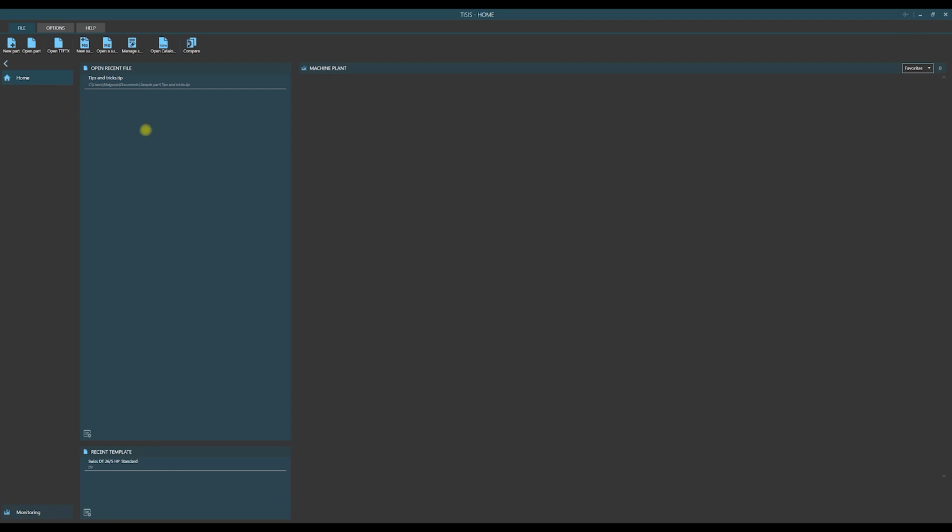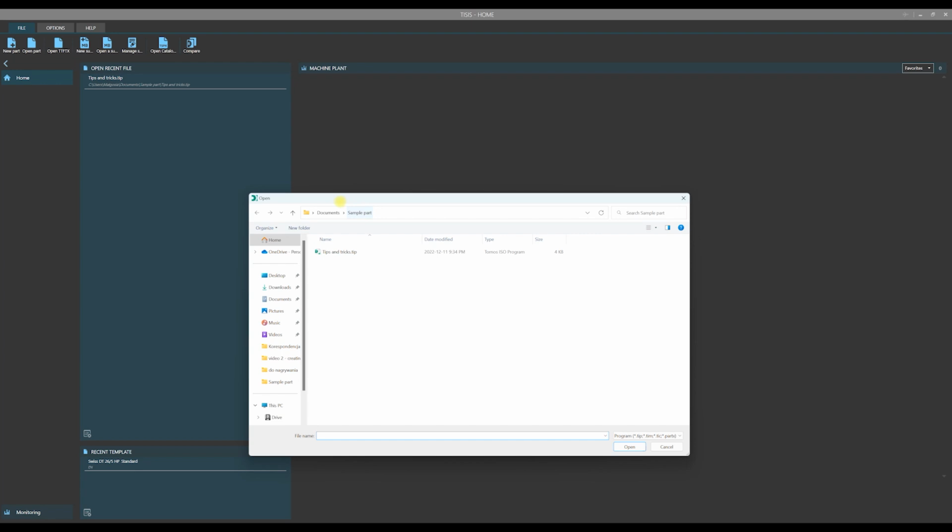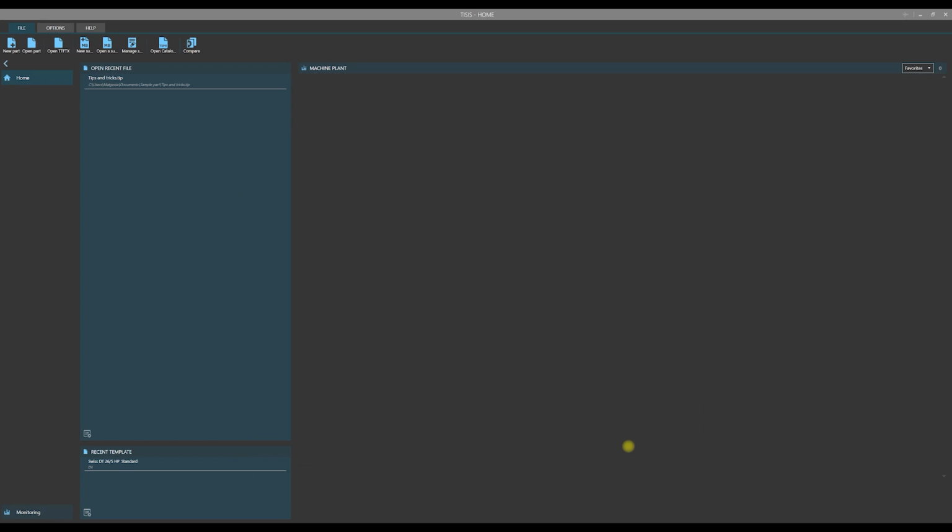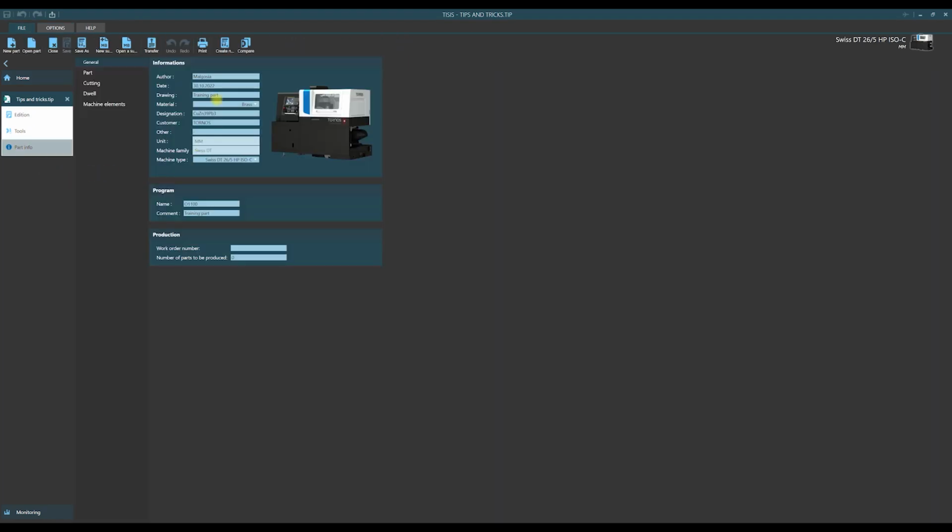And what to do if we don't find the name of our program, the name of the file with our program, on this list? Then we can select once more the File option from the menu and then click on Open Part. In this window, it is necessary to open the folder where our file is stored, then highlight its name and open. And check once more, yes, it is our program, so that's done.